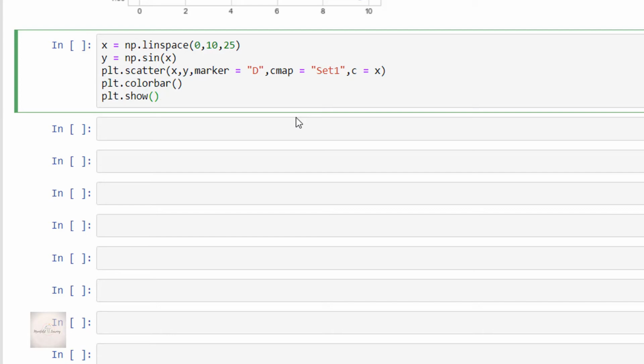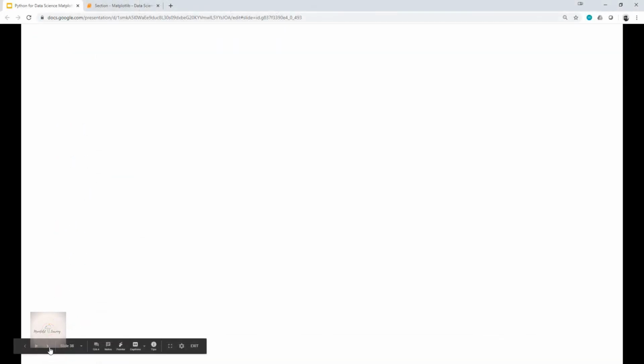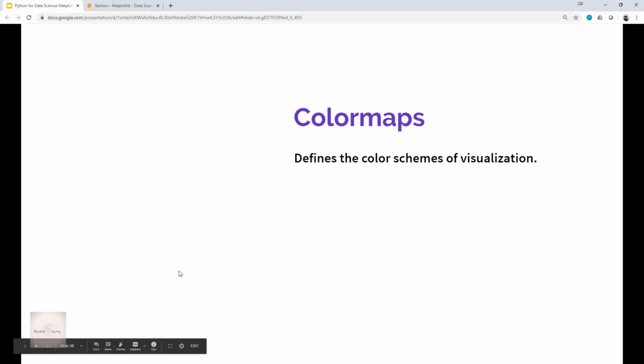The next argument which we have passed is cmap. It looks very new to us, right? So guys, let's first understand what actually this cmap is. This cmap stands for color maps, and a color map defines the color scheme of the visualization.